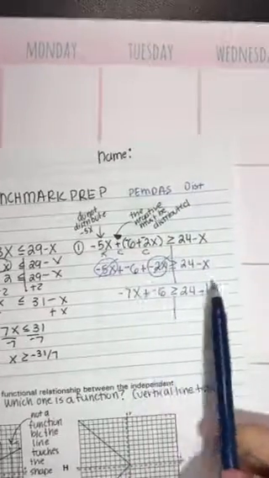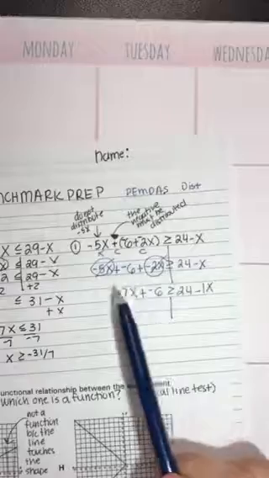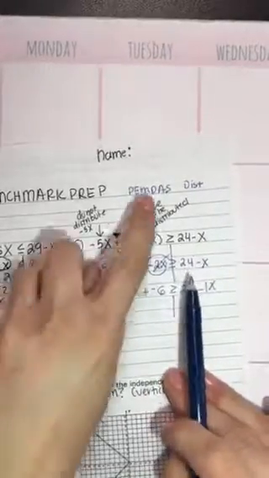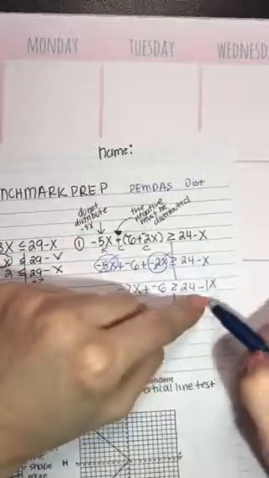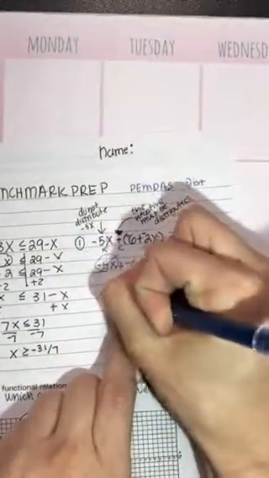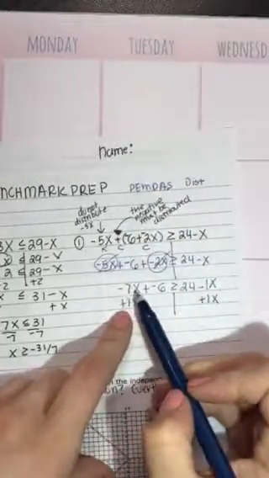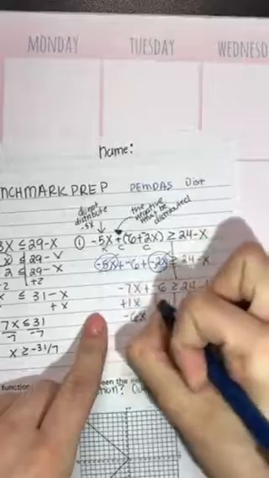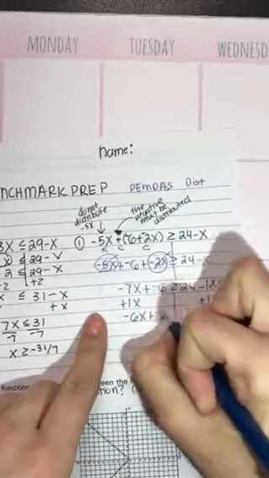Now, as soon as I see variables on both sides, I want to make sure they're all on one side. So I want to get rid of this negative 1x. So this is where I'm in addition and subtraction. To get rid of negative 1x, I put positive 1x. Okay, negative 7x plus 1x will give me negative 6x. Now we have plus negative 6 equals